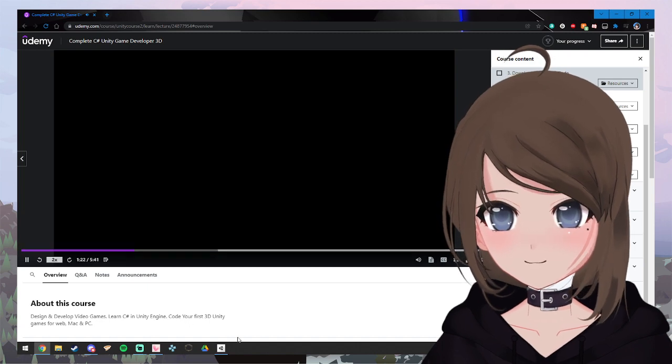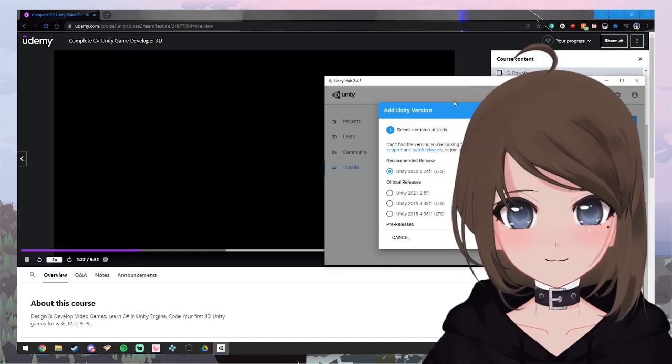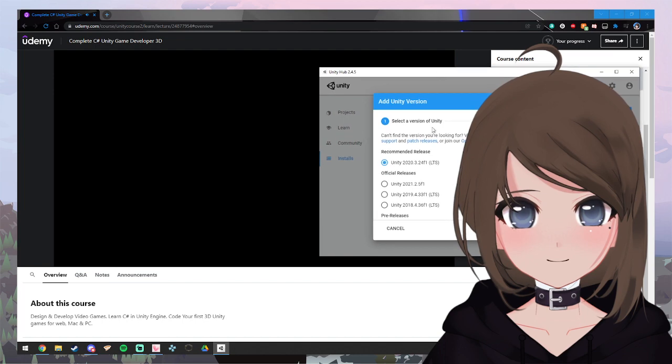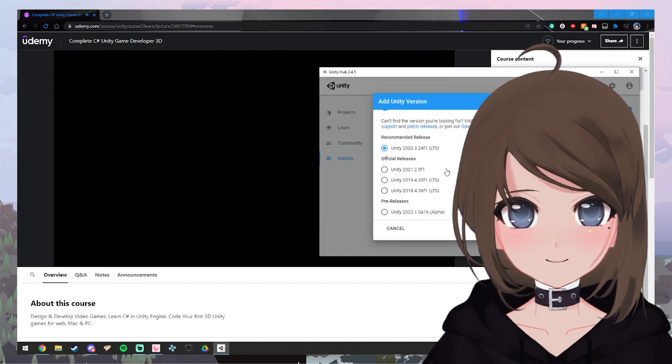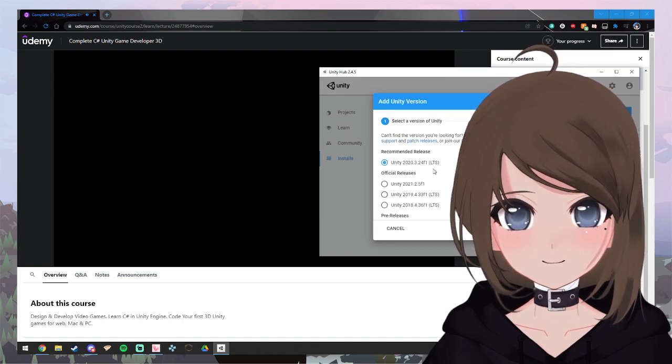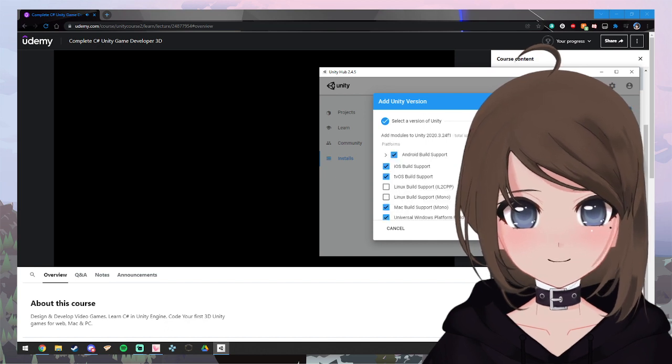My strong advice is never go and download the alpha version. These are going to be buggy and you'll have issues. So look for the latest official releases. They're usually the ones with an F in them. The latest that's available to me right now is Unity 2020.1, so I'll be using that. It's okay for you to use a newer version if you want. Like I say, don't use the alpha. So just click on the version that you find and click on next.